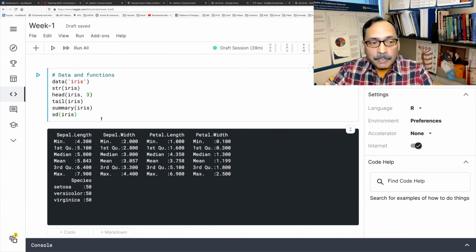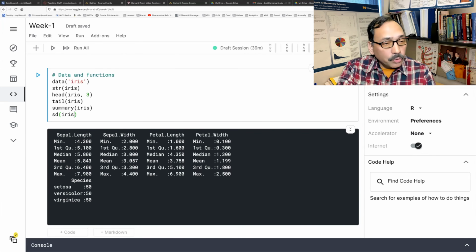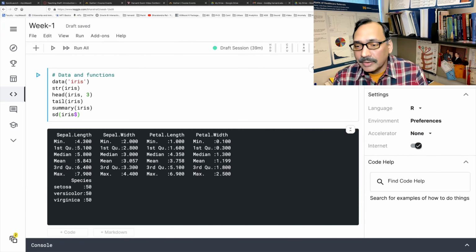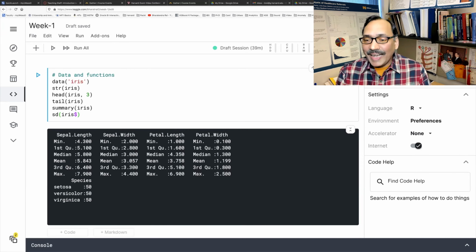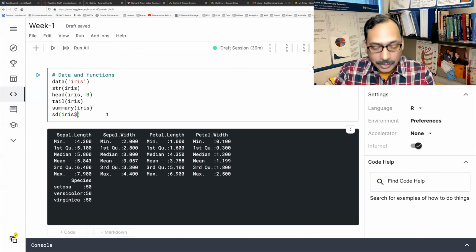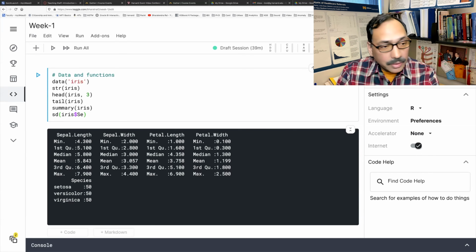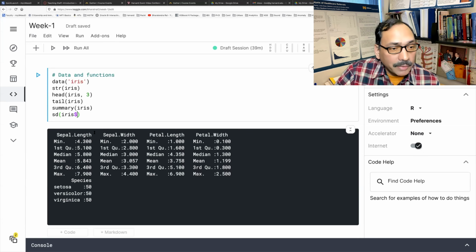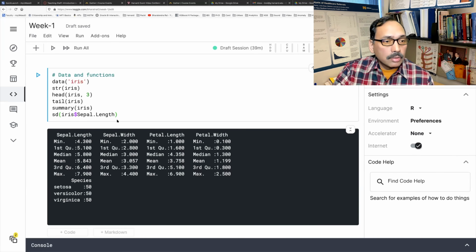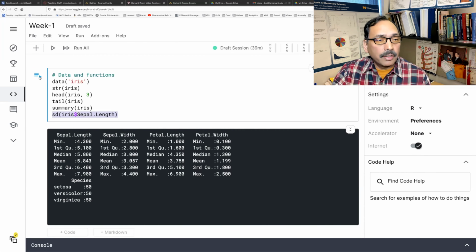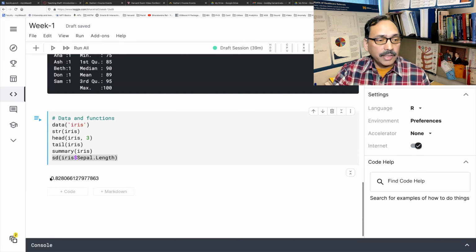So how do we specify that variable? We use a $ sign after the name of the data set. So basically we are trying to give entire address. Because telling only city may not be enough, somebody has to say which road or which house number. So in this case, our data is iris, but the variable we are interested in is, it may be better if I copy and paste because there's a scope for typos. So sepal length. So if I run this, it tells me that standard deviation is about 0.828.